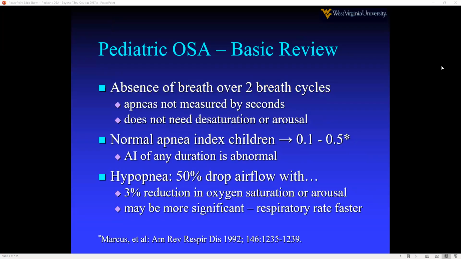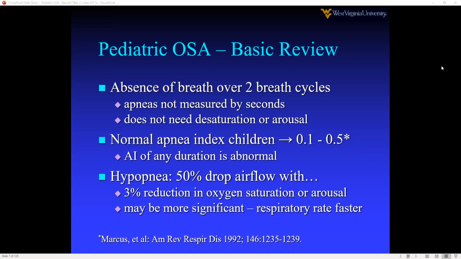So with adults, an apnea is 10 seconds, but with children, and I think I mentioned this last time, they measure what the breath cycle is, and that's how they score the study. So it's not measured in seconds like an adult. Secondly, you don't need a desaturation or an arousal for this. The normal apnea index in children by Carol Marcus was between 0.1 and 0.5, and then hypopnea is different in